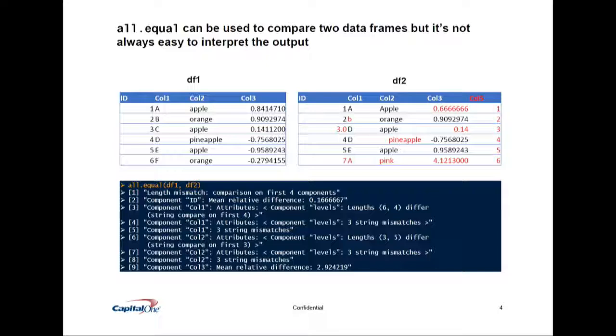So one thing our team do a lot of is comparing data sets or data frames in R. An example of this is if we're deploying a model in production, you want to check that the inputs and outputs in production match those you had in development. And in SAS, there was a useful function called proc compare, which would do that for you, and we used it a lot. In R, we struggled to find a replacement, so we used all.equal,